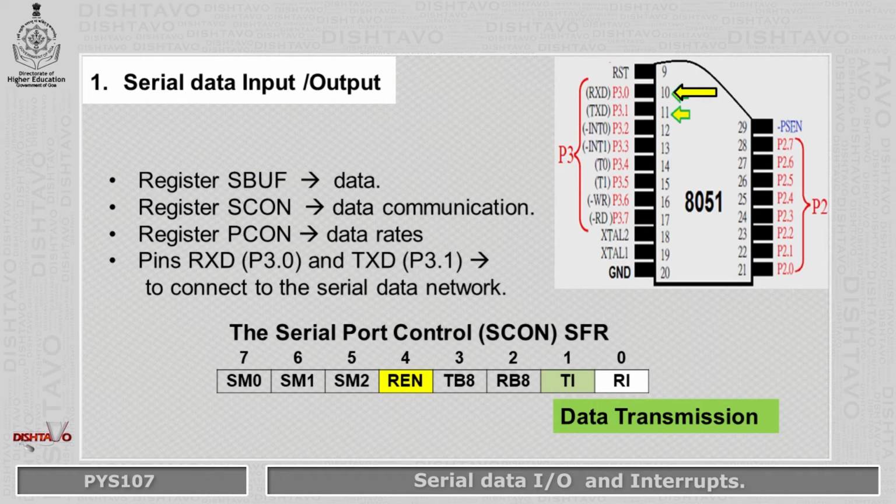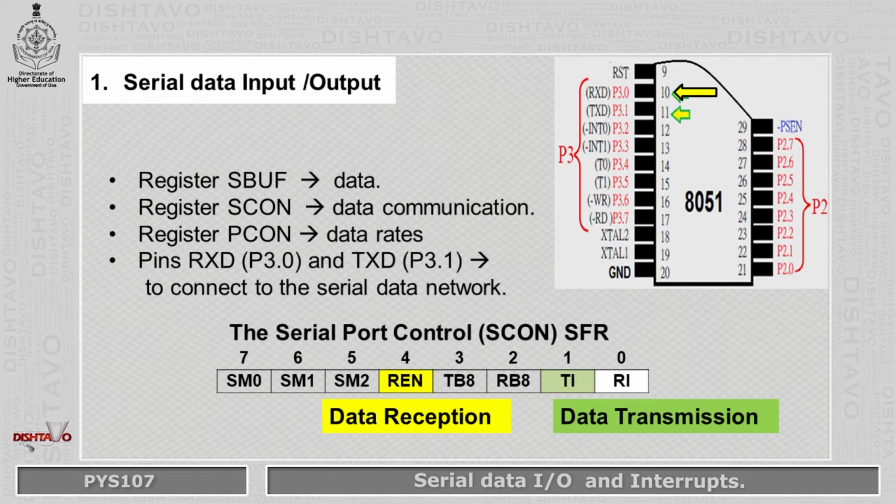If the program fails to wait for the transmit interrupt flag TI and sends data to the serial port buffer register while the previous data byte is still being transmitted, the result will be unpredictable. A polite term for this action is garbage out.